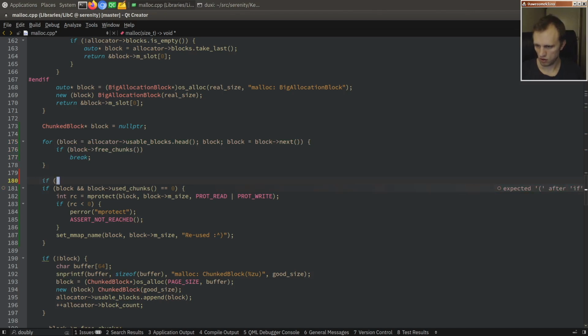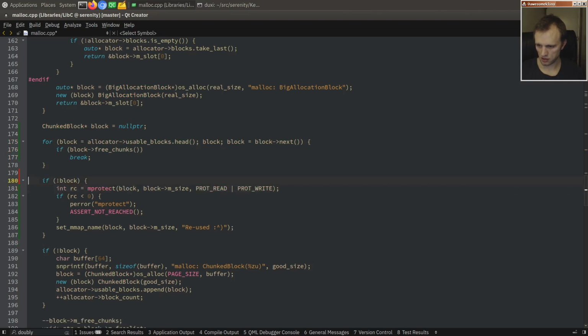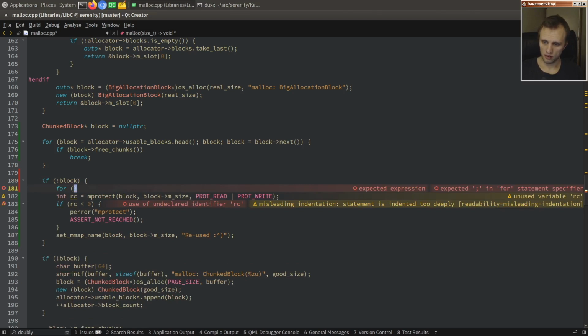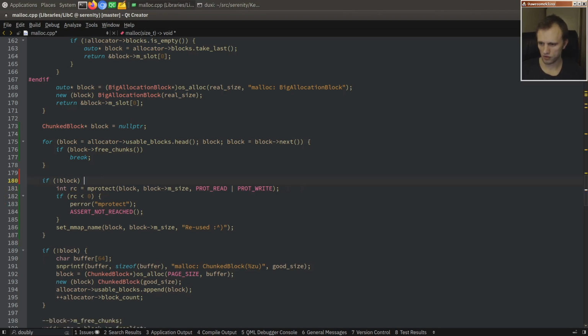So we don't have a block. That means that we have to look in the empty block queue. Or actually, we don't have to look in that queue. We just have to pop one from the queue. So if there's no block and allocator empty block queue, because we can read the pointer even though it's protected. We can null check it, right? And we don't have a block. There's one in the queue. Then all we have to do now is say